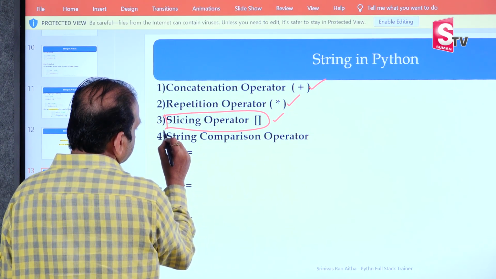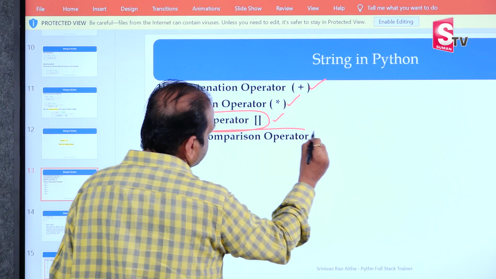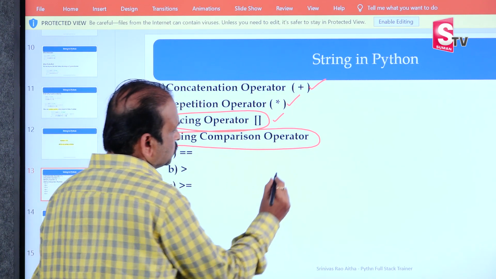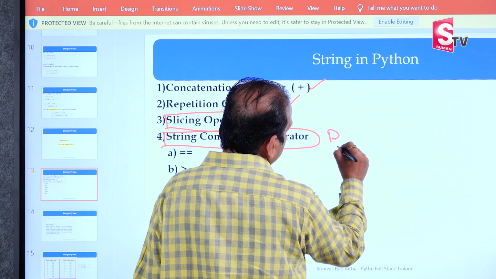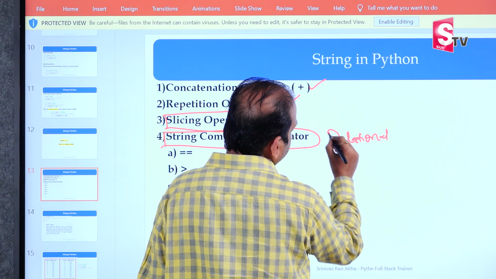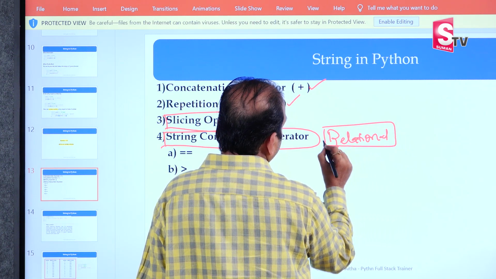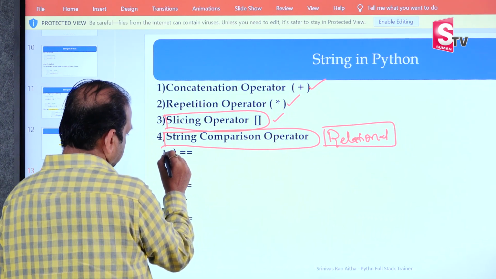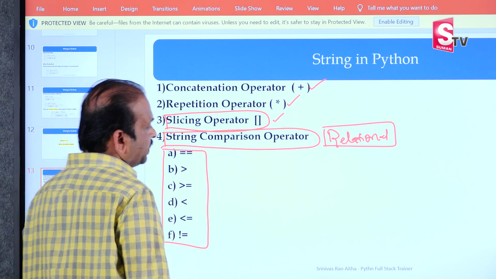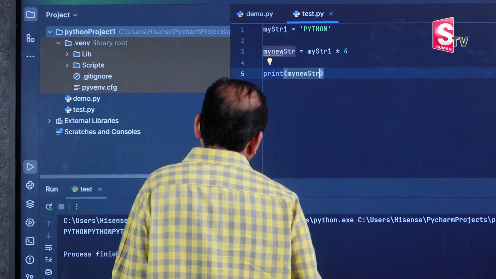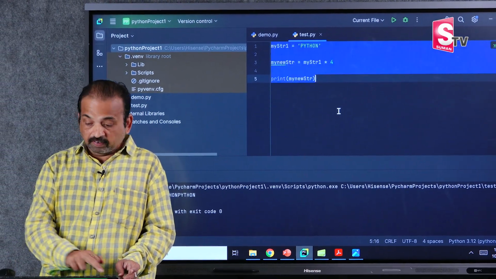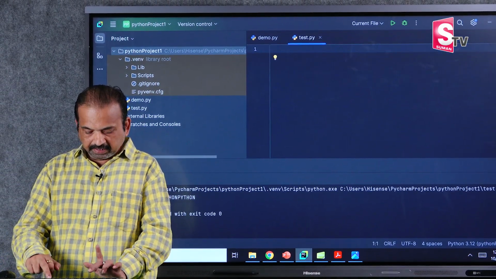Now, in this session we will discuss the comparison operators. What are comparison operators or relation operators? Either we say comparison or we say relation. Same like we related using integers, the same way we can relate by using these operators. For example, I will go to PyCharm. I will print, not declare. I will print, for example,